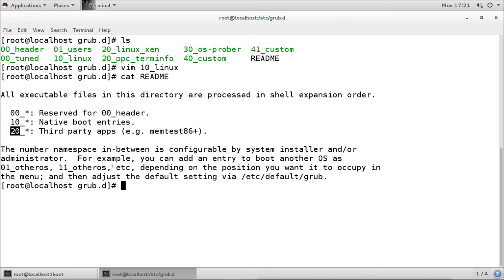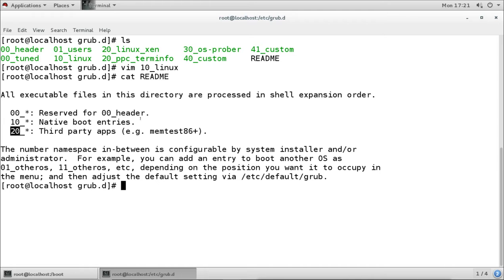Then it depends on the position you want it to occupy in the menu, and then you adjust the default setting via this file. So we can put an entry here in the sequence in which we want it executed.